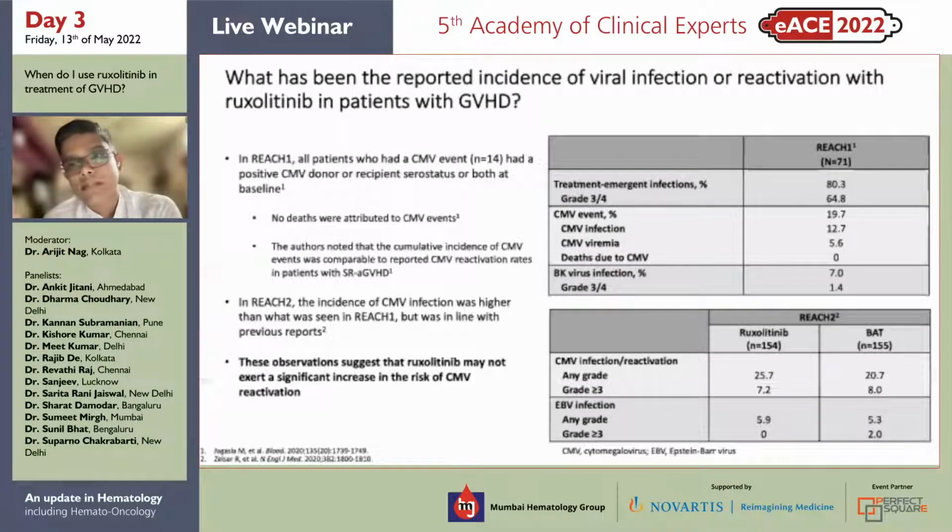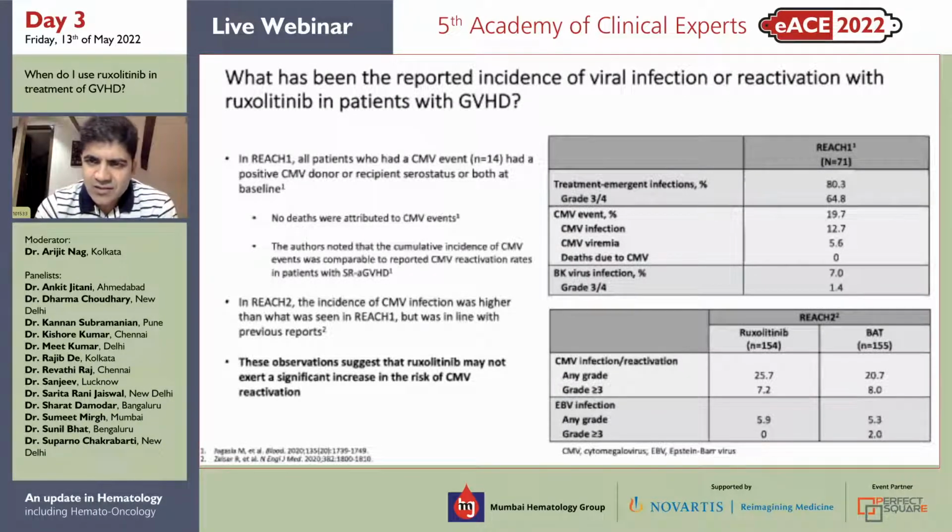Okay, because I think the observation from trials is that the incidence hasn't been different, but still the viral infections would be a problem. Sunil sir, would you agree with that? Yeah, no, I agree. See, I think this is the best of the lot, I would say. Any drug which is used for GVHD is of course going to be immunosuppressive and is going to increase infection risk, both of reactivations as well as primary infections. And their morbidity, of course.